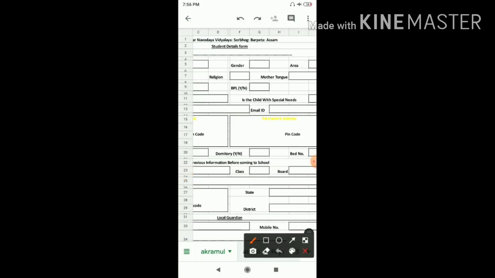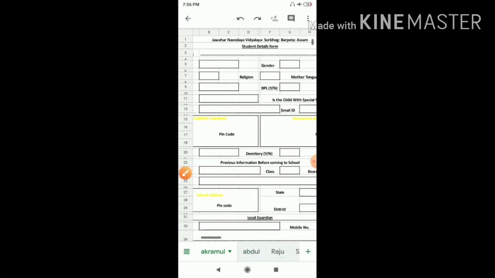Everyone, you have to fill up one Google Sheet that will be given by your class teachers, and that is very important. This is called SIS, Student Information Systems.